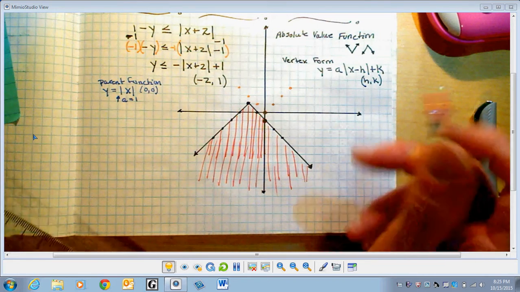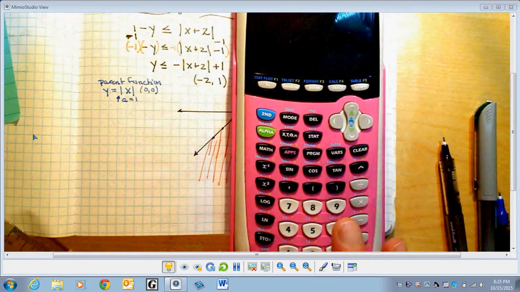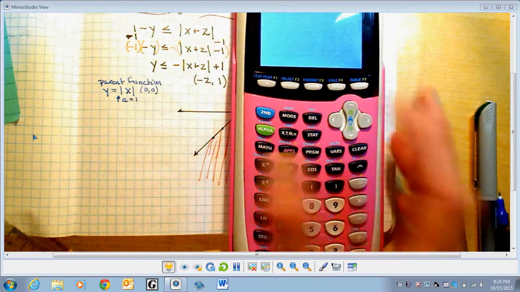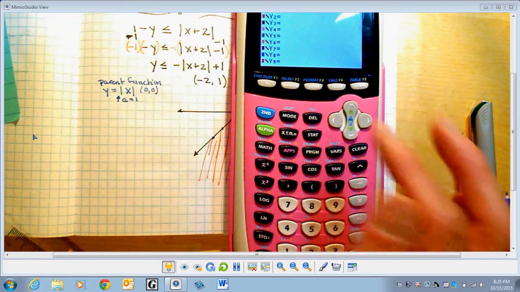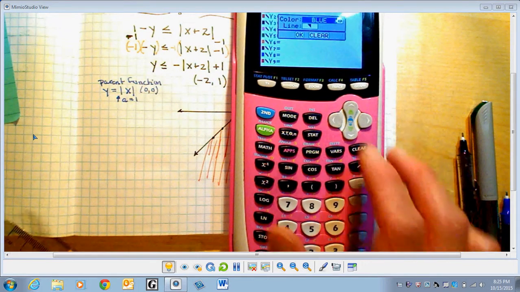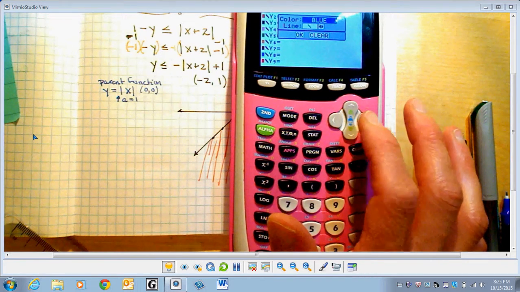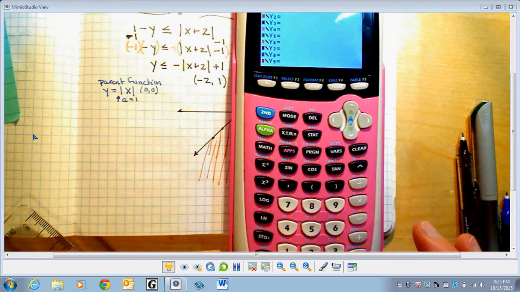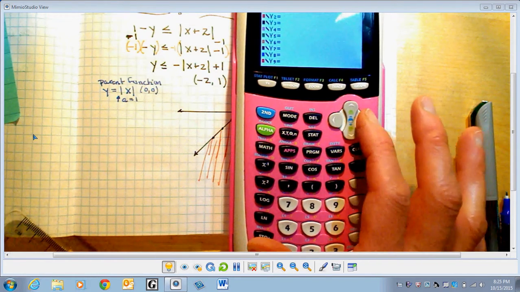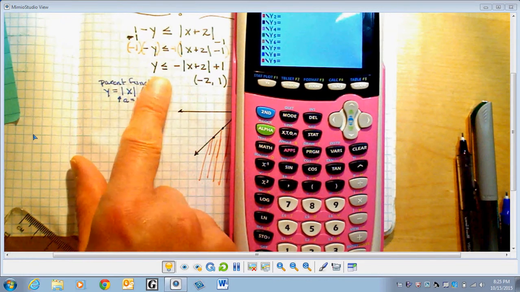Let's test it in our calculator. So let's take our calculator, turn it on. We're going to go to the y equals. I'm going to clear that. That's from our previous discussion. And I'm going to set that back to normal for now, just a line. Okay, so in here I can't put in this, I have to put in this